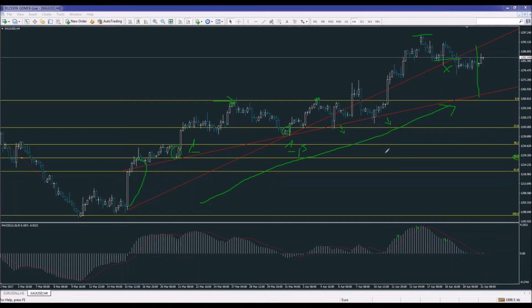For oil it's $50. The weekly pivot point is at 52. For the euro, 1.1, for example, is also a psychological level against the dollar. Round numbers are usually very important, major numbers,